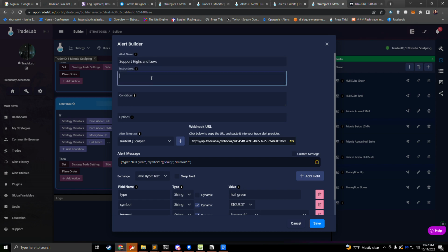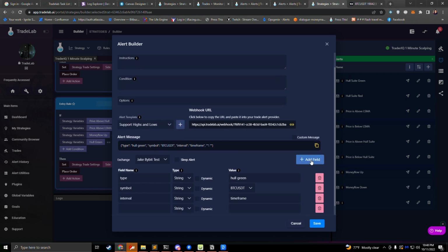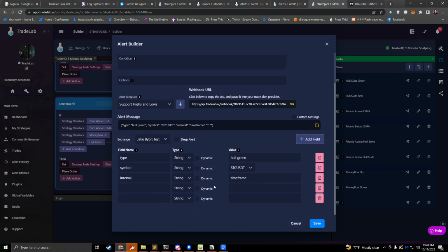Okay, and then for this one, I'm actually going to create a new template. It's going to have a different webhook because this one I'm going to add